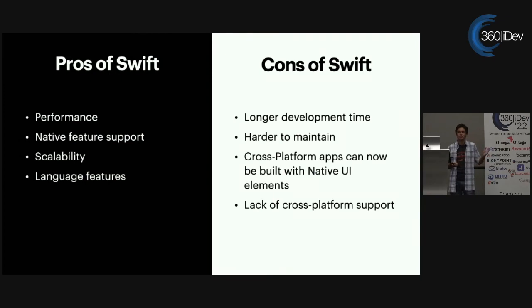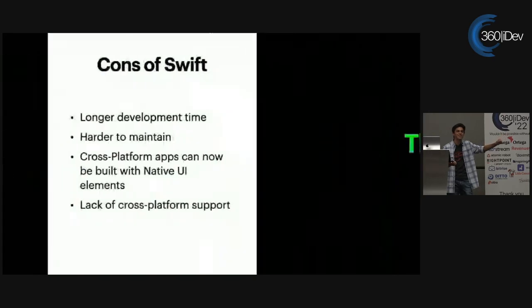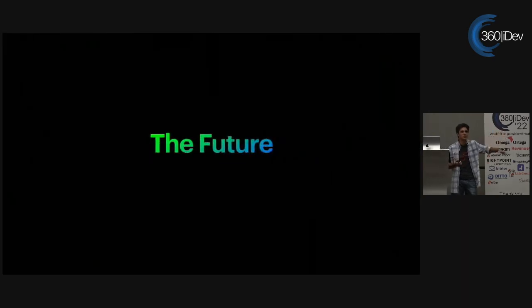One nice thing about the cross-platform services is that in more recent years, there's been an increase in their support for native UI elements. And this one's not really a con of Swift as much as it's going back on our old pro and saying, well, you're not the only one who can offer native feature support anymore. Going back to more of a retcon than a con. I know, that was a bad pun. Moving on. The pretty obvious one is that Swift doesn't have cross-platform support. Yet-ish. It kind of does. Moving on into the future.